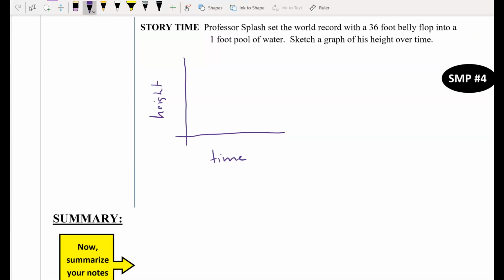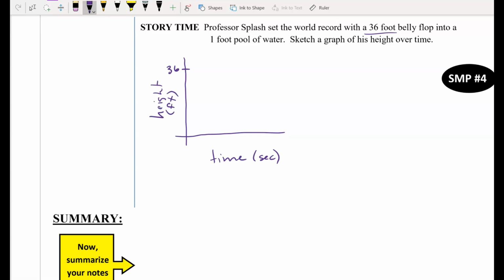So take a moment to think about what a graph would look like if you graphed his height with respect to time. Remember, we said time is an independent variable almost always, so we'll put that on the horizontal axis and we'll put the height on the vertical axis. So I've labeled that height in feet. I'm going to use feet for units since that's what's in our problem. And then the platform is at 36 feet, so I put that label on there,